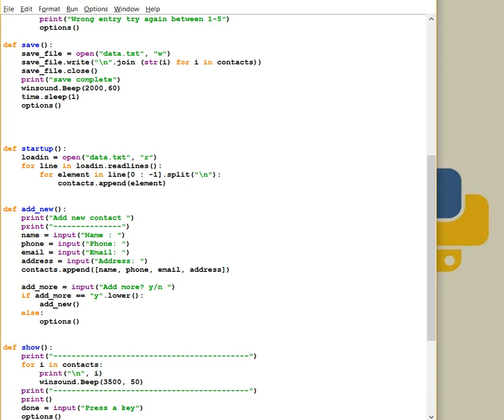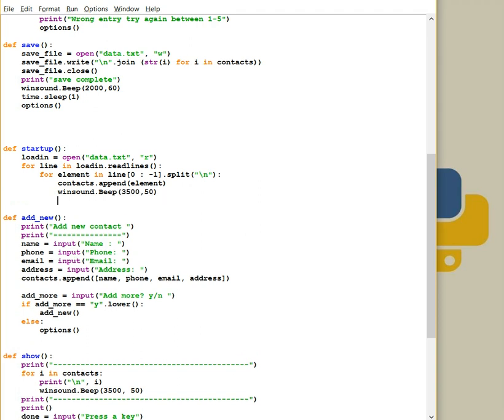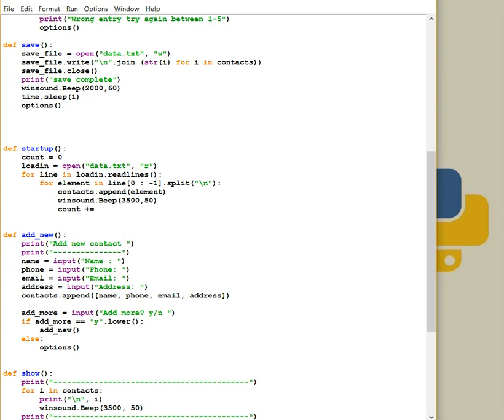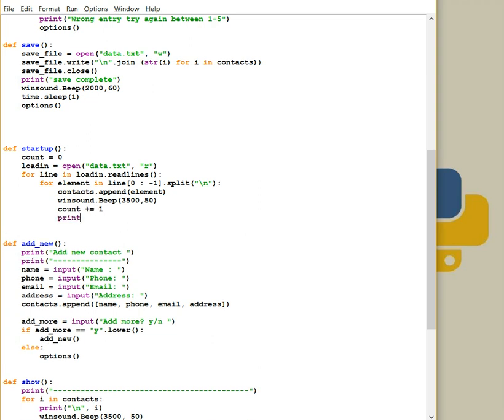And here we can also have some kind of indicator in sound dot beep, and very fast sharp beeping 5000, on, I think 50 millisecond is less. I can try 40, but as I remember 40 never worked. That's good, so just 50. And actually we can try to count how many contacts we have. So count equals 0, and here after win sound say count plus equal 1, and print